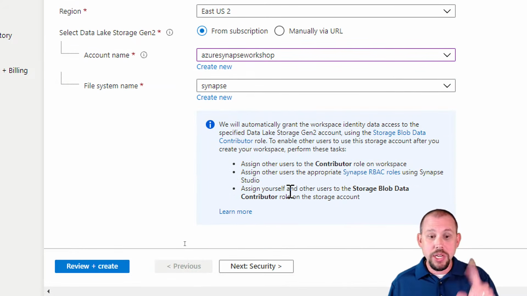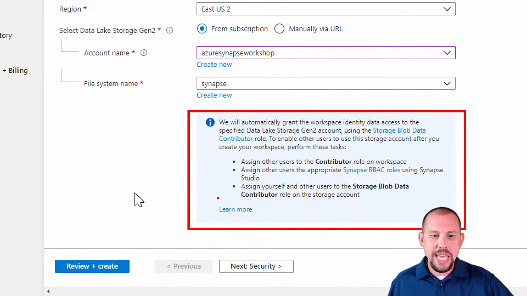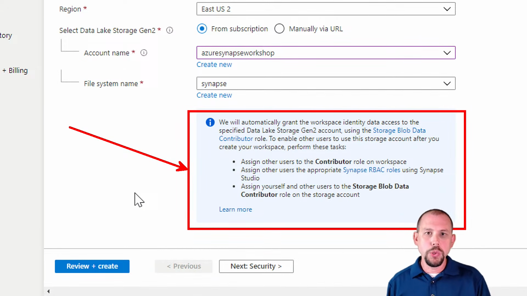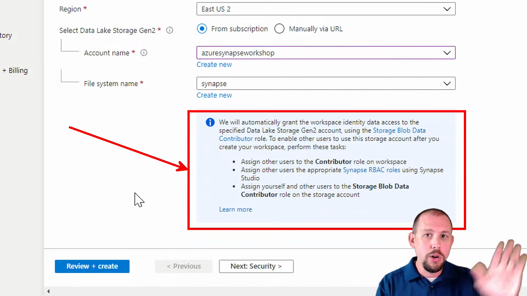I might have missed it. I missed it on the last slide. This right here is the main problem that users run into with ASA, specifically with serverless pools, okay? If you want to query data that's in your data lake and you get this, I haven't had this error in probably, I don't know, 6 months, but it's a very random error message that you get. But you got to make sure that you are a storage blob data contributor on the data lake to be